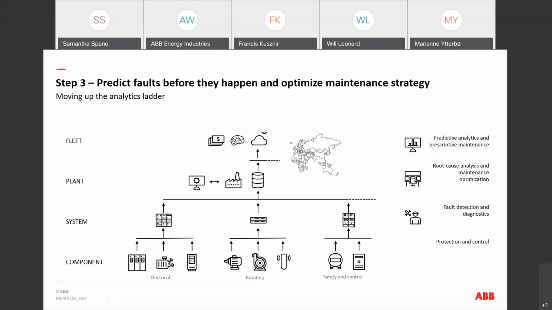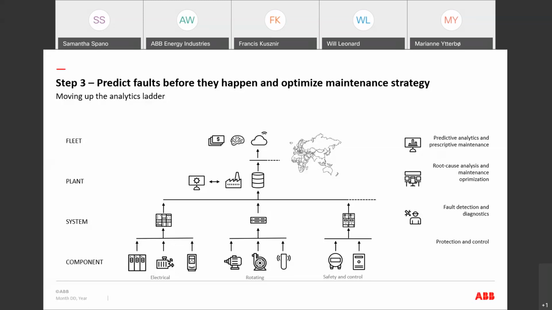But to enable early fault detection and diagnostics, you typically need to integrate data from connected equipment and integrate on system and plant level. And then the root cause analysis and the maintenance optimization, as written here, require integration of the data on the plant level. So you want to be able to look at data from more than one equipment, maybe,